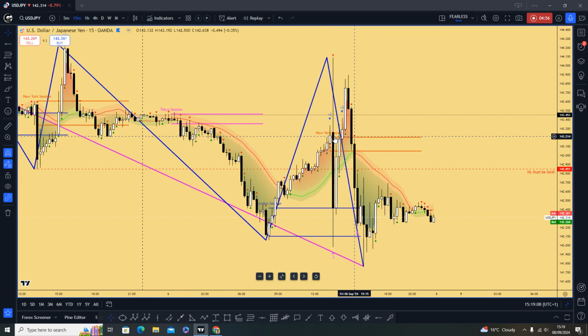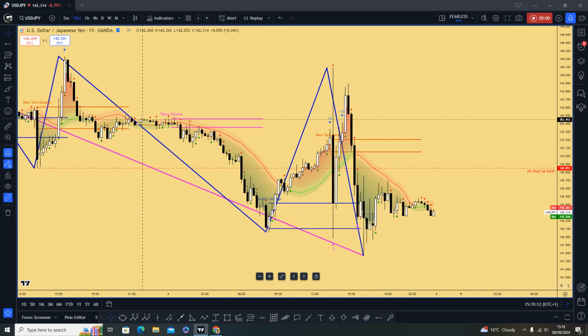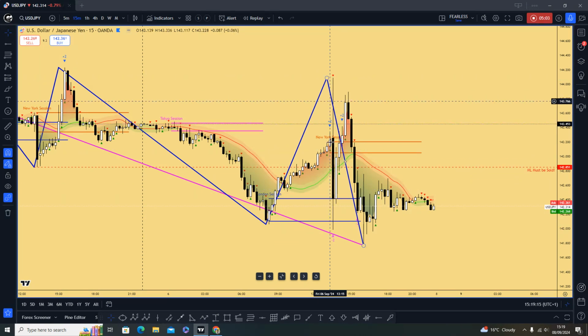We can see the New York session range. The news on Friday was crazy. We had a rally, we have a strong opening. When the news came out, we had a strong move to the upside. It came down, then the pullback of two was very strong, very close to the zero. You can see, and the sell here was fantastic, especially on the CAD/JPY, which I'm going to get to